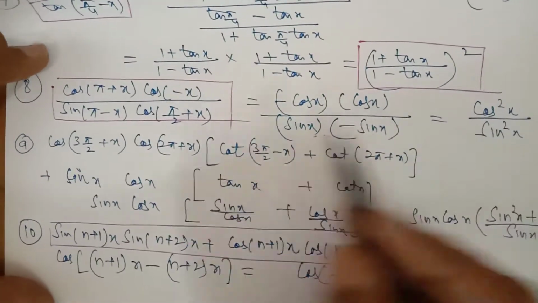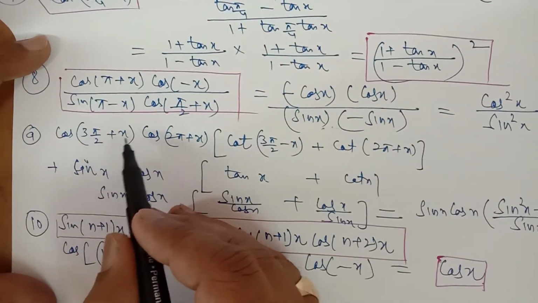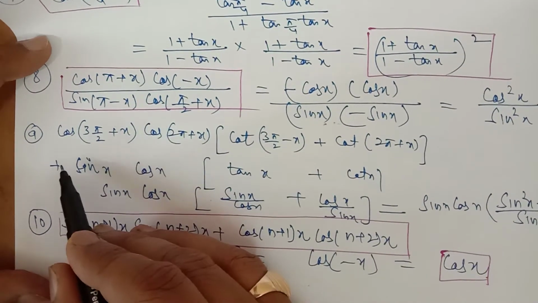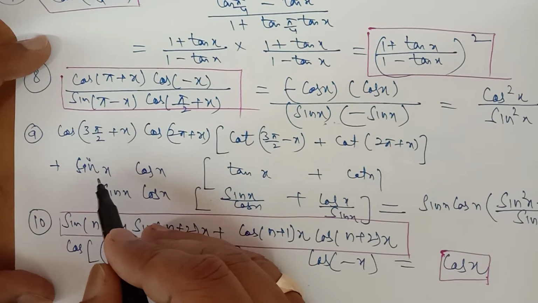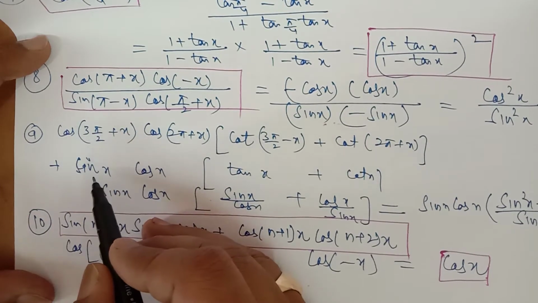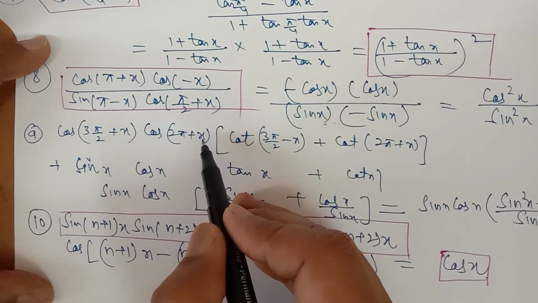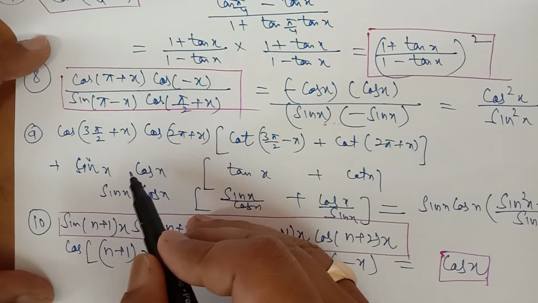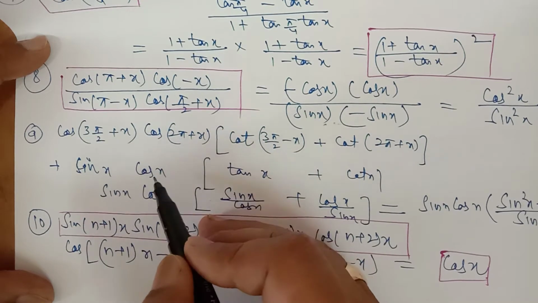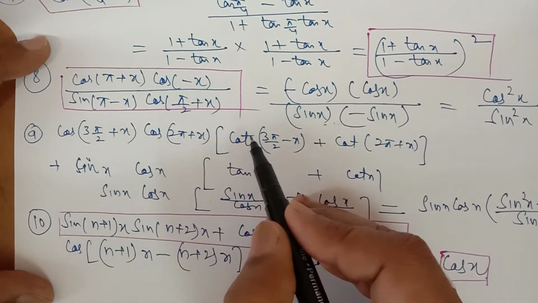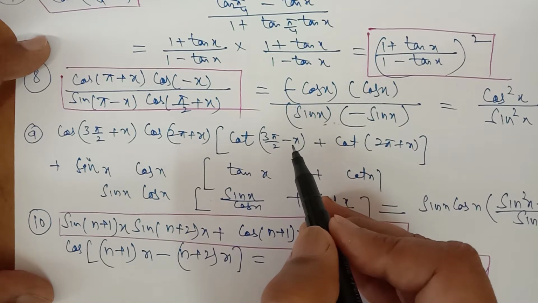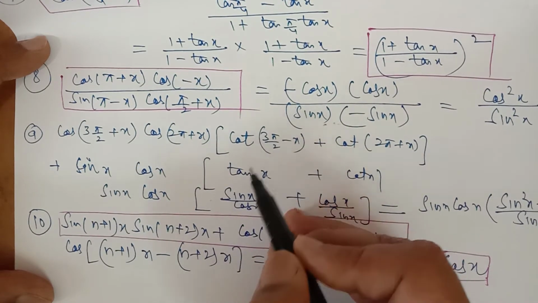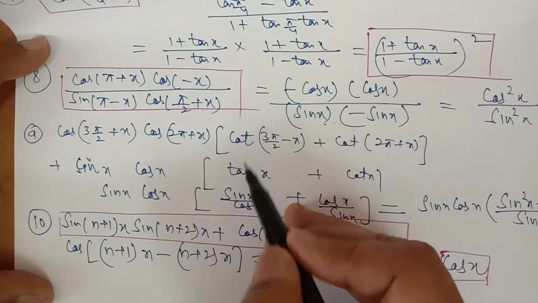Similarly is question number 9. It is cos(270 plus x), which is in the fourth quadrant. In the fourth quadrant, cos is positive, and in the 270 angle the trigonometric ratio changes, so cos becomes sin. Cos(360 plus x) means the first quadrant. In the first quadrant, cos is positive, so the positive sign will be there, and in a 360-degree angle the trigonometric ratio does not change. Cot(270 minus x) is in the third quadrant, and in the third quadrant cot is positive, and in a 270-degree angle the trigonometric ratio changes, so it is equal to tan x.